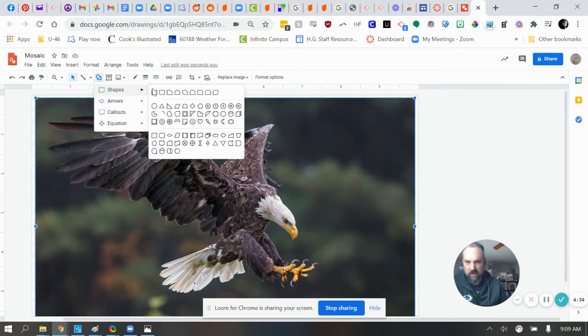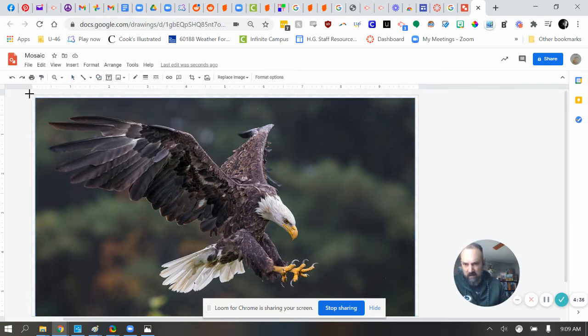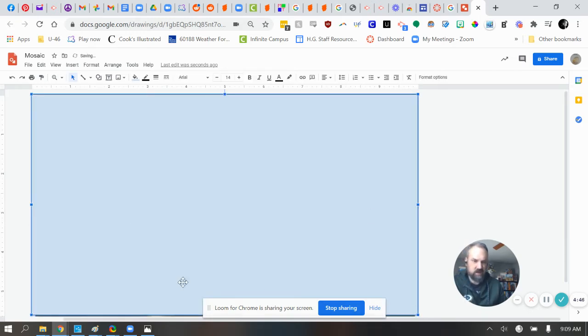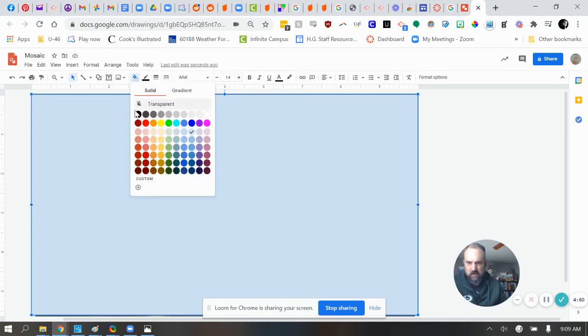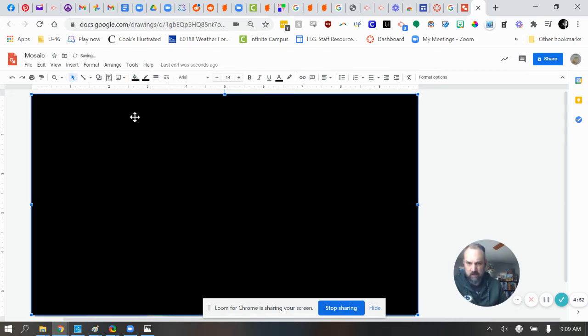And the way we're going to do that is we're just going to fill in the entire background with a black rectangle. So I'm going to click and drag a giant rectangle. And it's going to go right on top of my photo. And you see how that fills in with black right away? So let's change the fill color to black. Okay. Now, obviously, it's on top of my eagle, and I can't see anything of my eagle,